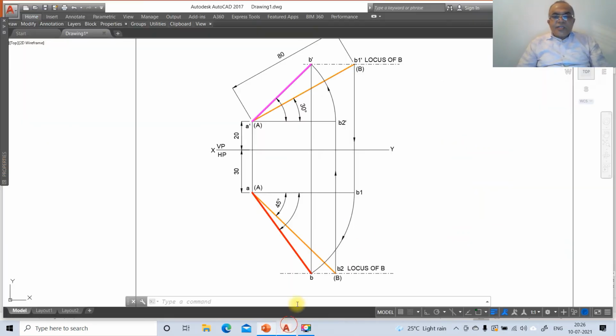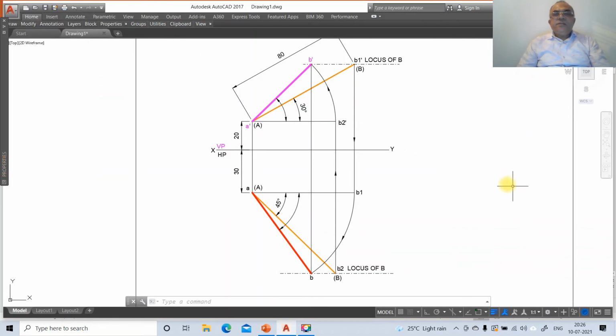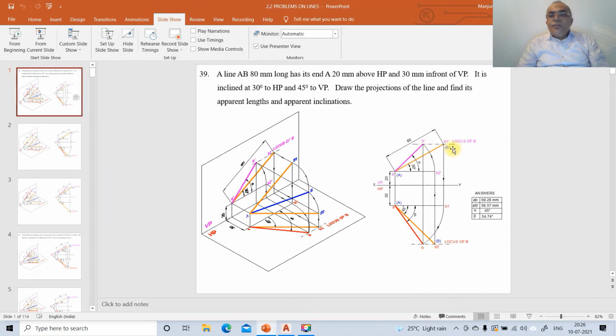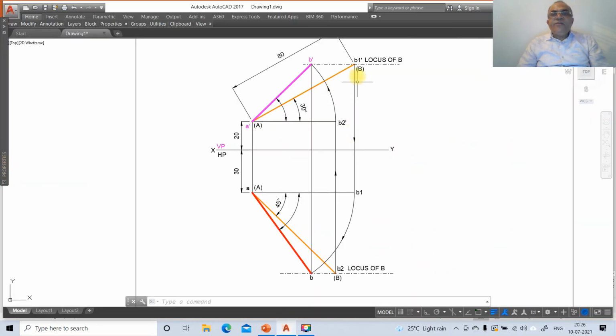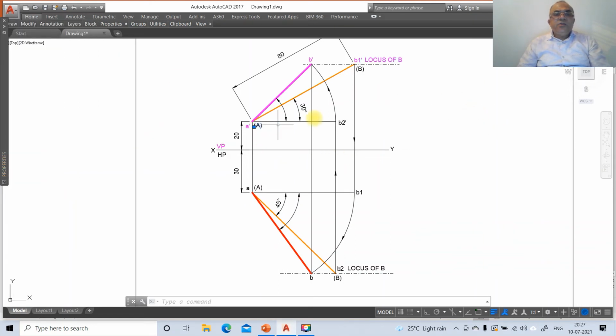VP. So you go to this line, go to CH. Take this and this, go to layer, and make this the front view. Then similarly, this B1 dash and locus of B are also in the front view. Click on this and this, go to CH, go to layer, and make this the front view. So here you take this A, this A, this A and this B, and make it...